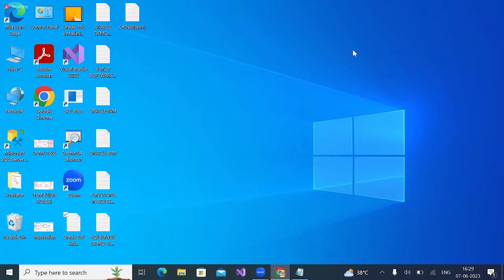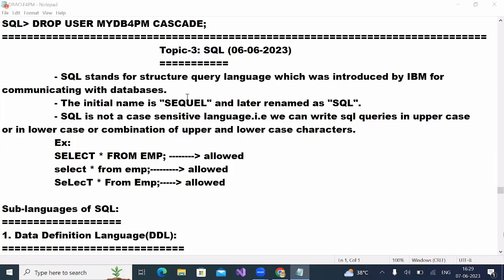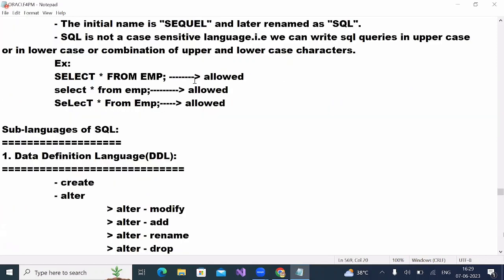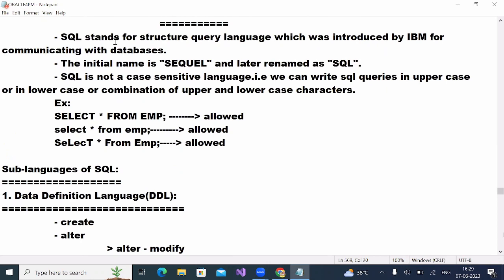Now, yesterday we started some introduction to SQL, some little bit of information about SQL. In this language, we've taken out the main points. SQL is a Structured Query Language, introduced by IBM for communicating with databases. Whenever you want to communicate with databases, you compulsorily require the SQL language. Without SQL, you cannot communicate. So that is one point, and the second point is